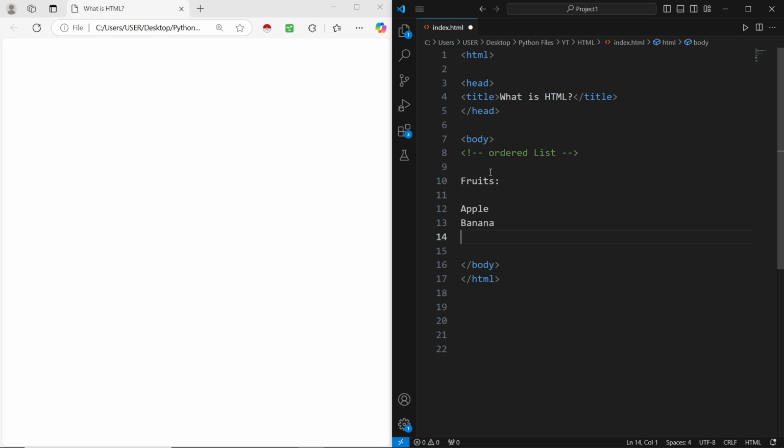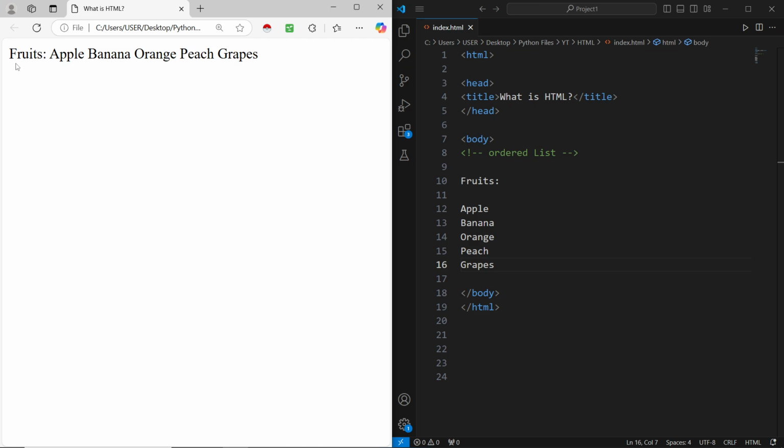what other fruits do you get? Orange and apricot. Okay, leave apricot, we'll put a peach. Okay, and put grapes. Alright, so if I refresh this on the web page, you can see it puts it all in one